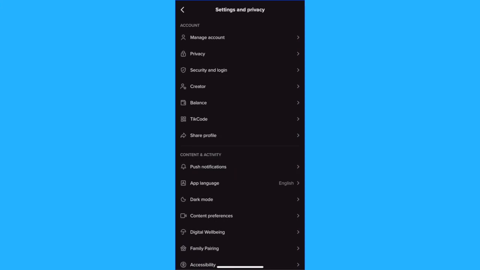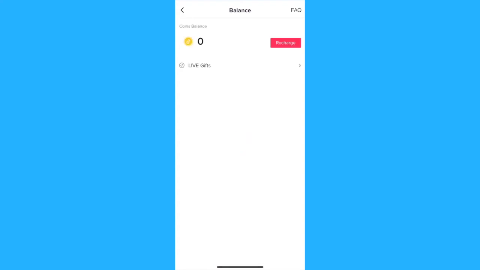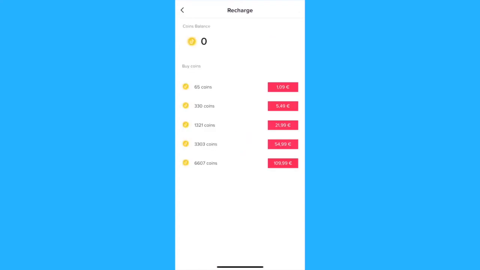Now, you will click on balance, and as you can see, I have no coins in my balance, but I can tap recharge and buy different amounts of coins. Now, in order to make money through these coins, you can go live, which requires at least 1,000 followers,